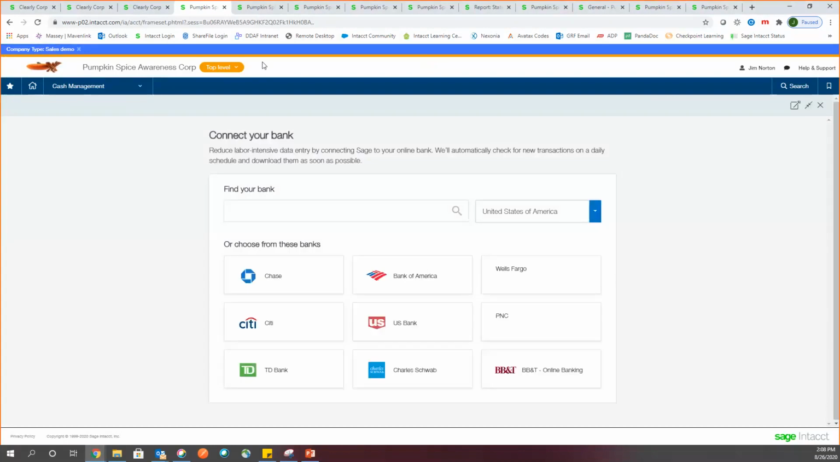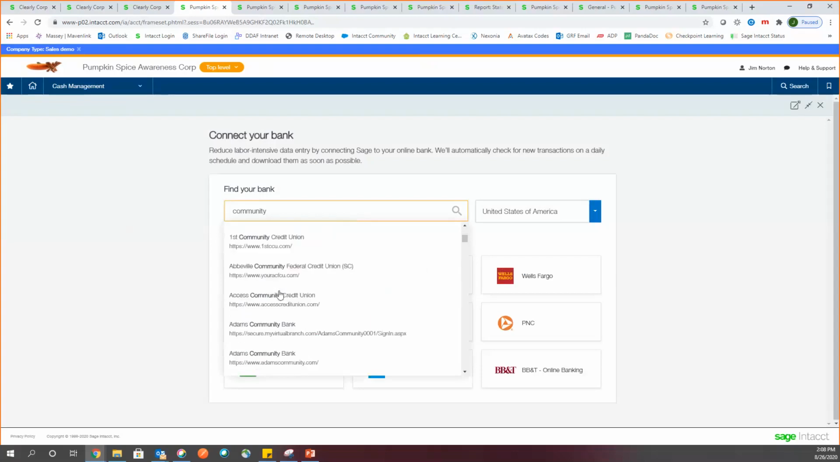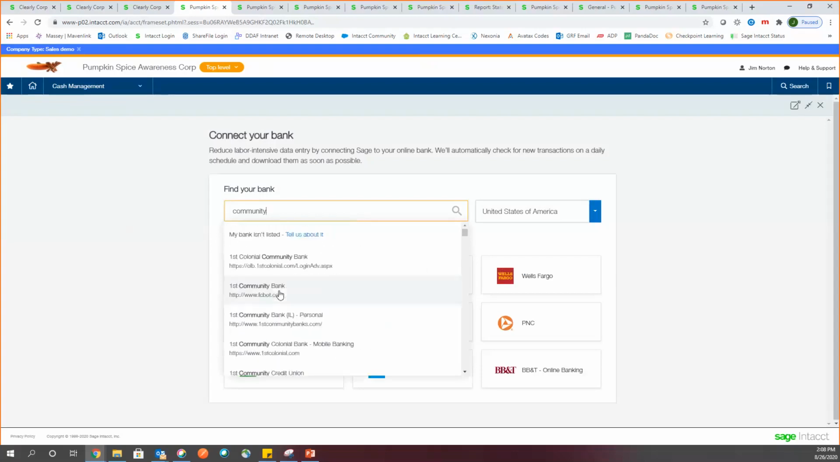And then I can find my bank. So there are commonly used banks, and then I can also type in, if my bank is not in the commonly used list, I might be able to type in a bank, something like, I guess First Niagara is not a thing in a lot of places, huh? There's a million banks called community banks, so there you go. So if I had a bank called community bank, not in this commonly used list, but